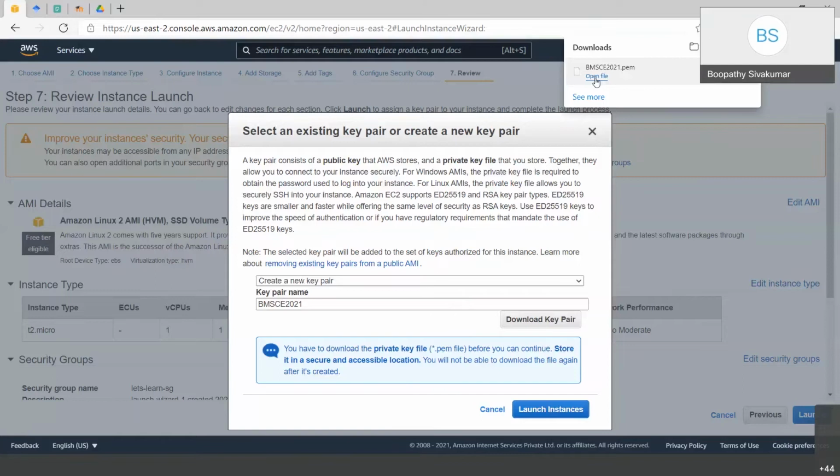If you lose it, there are ways to retrieve the instance information, but in most scenarios we will be deleting the instance where we lose our keys. So please make sure this key is saved somewhere safely. Now click on launch instance.